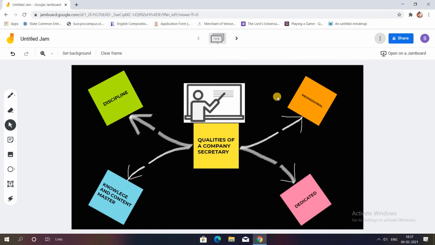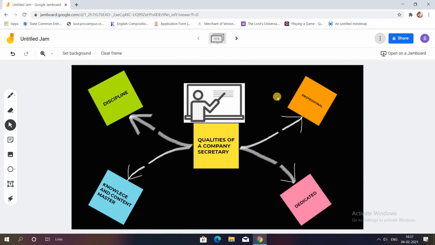You can share it with all your students and they can join using the link, and a collaborative class can be conducted. Like if you are a boss who's conducting a meeting, you can share this particular link with all your colleagues of your office, of your company, and they can simultaneously write their pointers regarding any topic.